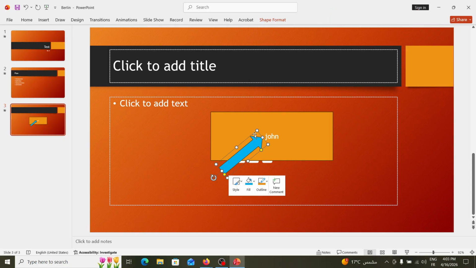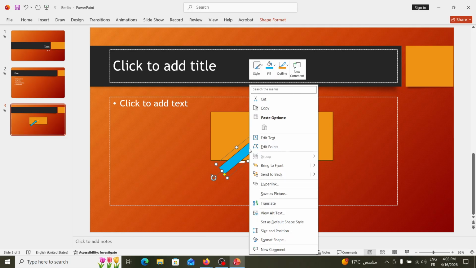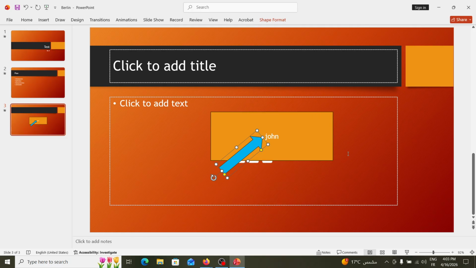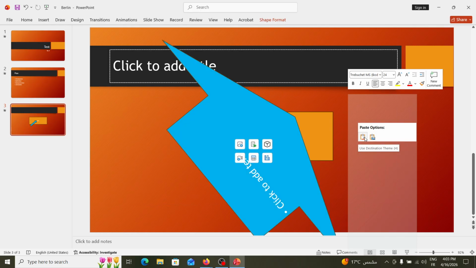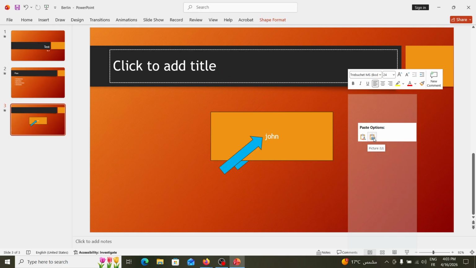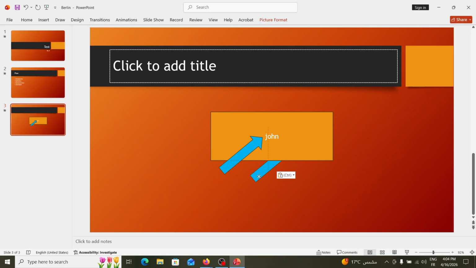Let's make it blue so it's well contrasted. Let's copy the arrow. Okay, so whenever you're explaining something,